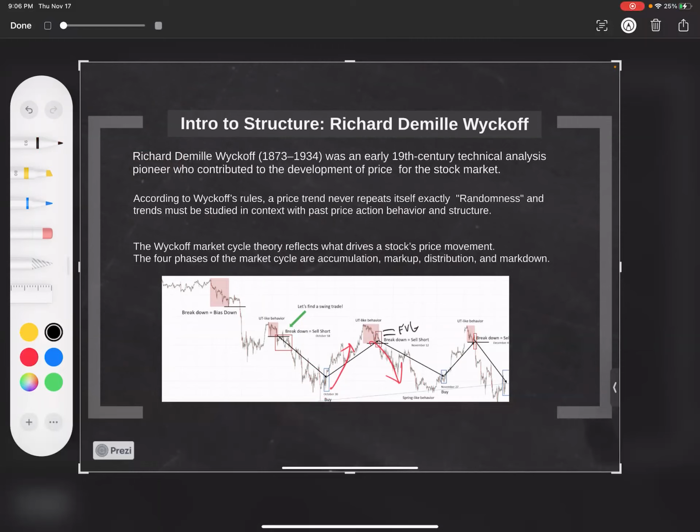Sometimes you can see these gaps literally in the market, or you can see wicks that aren't touching within the Marubozu structure itself. But nonetheless, whenever price moves aggressively, it leaves behind inefficiencies or gaps that it will later come back into to fill in. All right. But our 4 steps here using Wyckoff's simplified market cycle are accumulation, which is going to